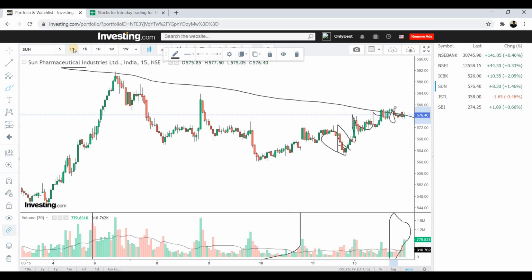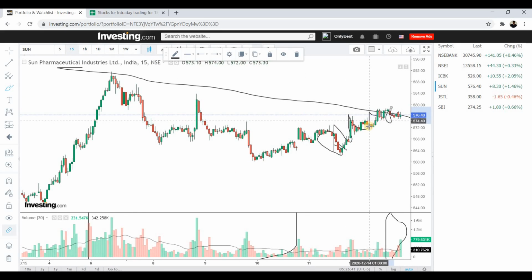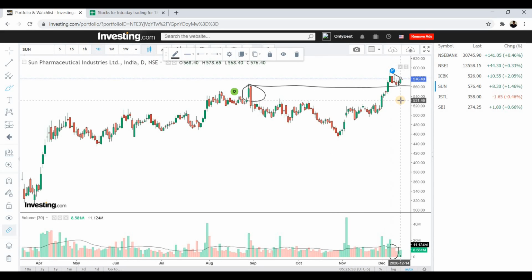Now we'll go to the 15-minute chart to see if we can spot any discrepancies. I cannot see anything. Right now this has become a support level around 575, and the level that we are going to trade is above 576. We'll go to the daily chart, and our target should be the high of this stronger bullish candle, which is equal to